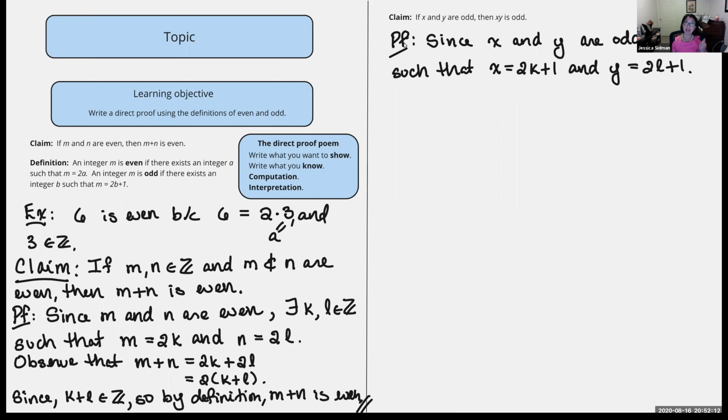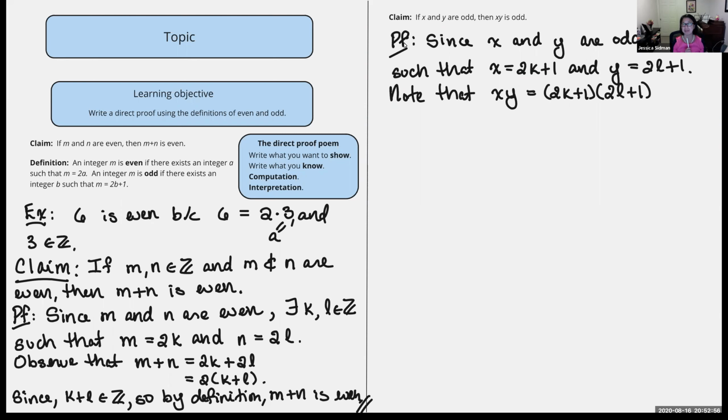So I've written down what I want to show, and now I've written down what I know. I've used up what I know. Now I've got to do some kind of computation. Okay, I already used "observe" last time. This time I'm going to start with "note that." So here I look, well, what am I trying to make a conclusion about? It's the quantity xy. So let's compute with that. Note that the quantity xy is equal to 2k plus 1 times 2l plus 1, based on my definition and